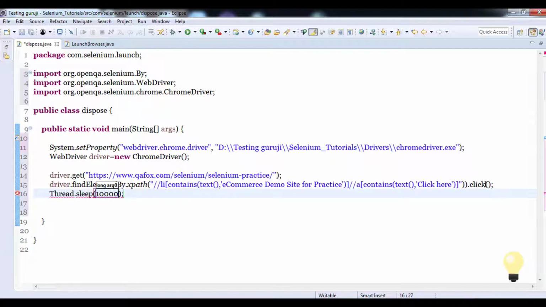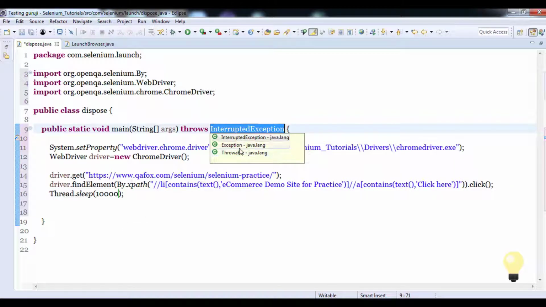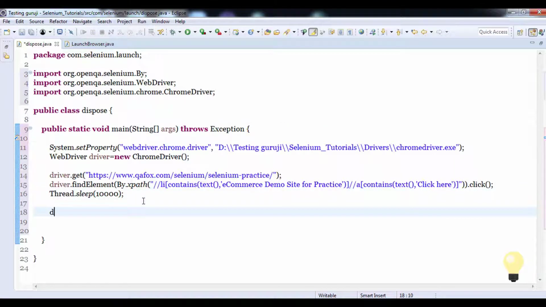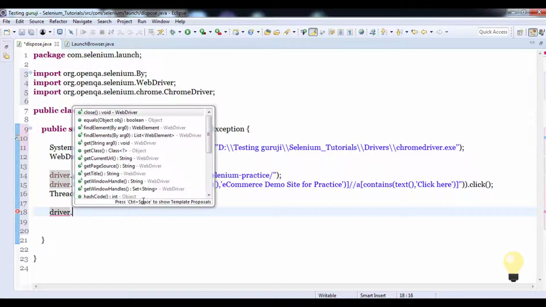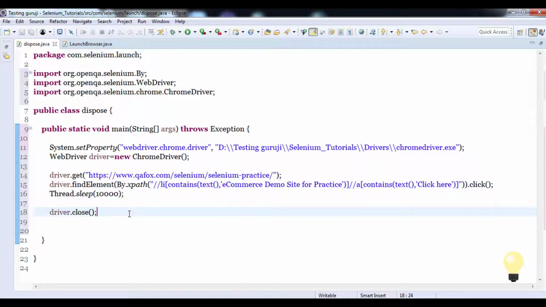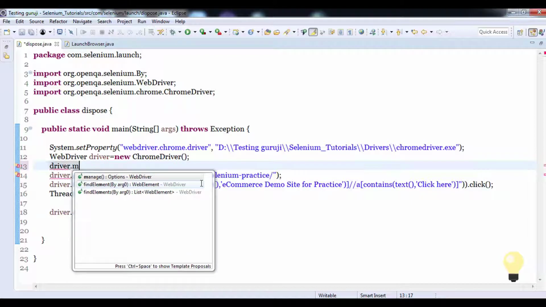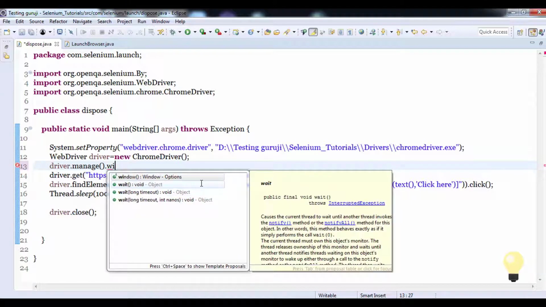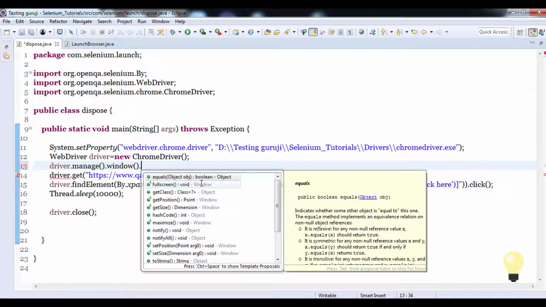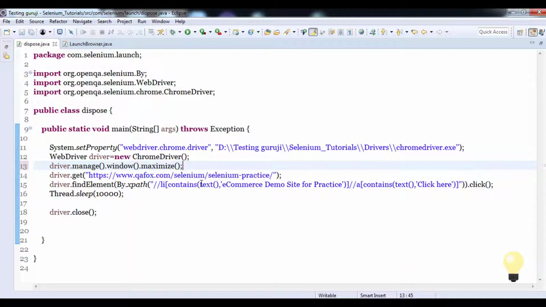Then I will use Thread.sleep and wait for 10 seconds so that we can see the operation carefully. First we will take the driver.close method. I will also use driver.manage().window().maximize so that the browser gets maximized completely.